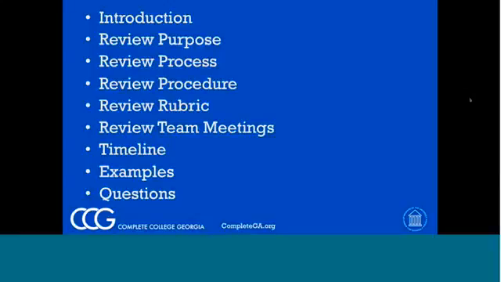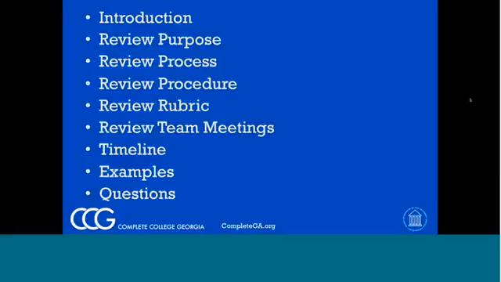Today we're going to go through the basic purpose of the review, as well as look at some of the general process of it, give you an idea of the timeline, and some examples of what feedback looks like. You will be getting, after this conversation, a copy of this presentation, as well as your team assignments and your liaison assignments. So you'll have all that after this comes out, and the rubric will also be to you then.